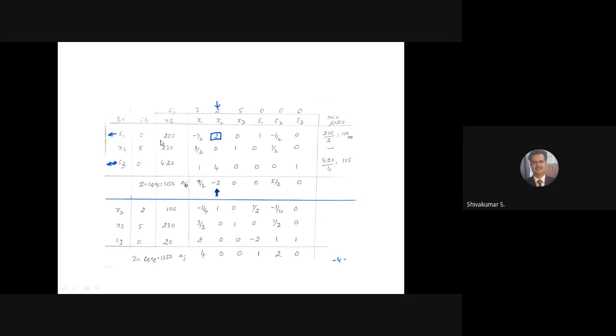Second column: 0 into 2, 0; 5 into 0, 0; 0 into 4, 0; minus 2. Third column: 0 into 0, 5 into 1, 5, 0 into 0, so 5 minus 5, 0. Next column: 0 into 1, 0, 0, 0, 0. Next: 0 into half, 0; 5 into half, 5 by 2; 0; so 5 by 2 minus 0, 5 by 2. Last: 0, 0, 5 into 0, 0, 0 into 0, 0, minus 0, 0. You got the values now: 9 by 2, minus 2, 0, 0, 5 by 2, 0.